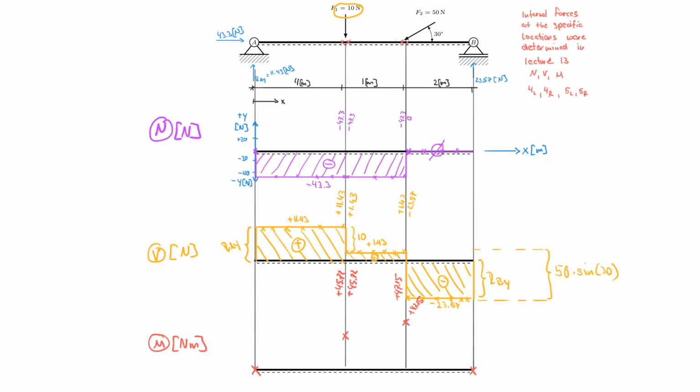And once again, we have only concentrated forces acting on the system, including the support reactions. And therefore, it's always force times lever arm. And the lever arm is always linearly increasing. This will be different in the future, but for now, for concentrated forces, we can, of course, draw functions that are linearly increasing. So I can connect these points, I can connect these points, and I can also connect these